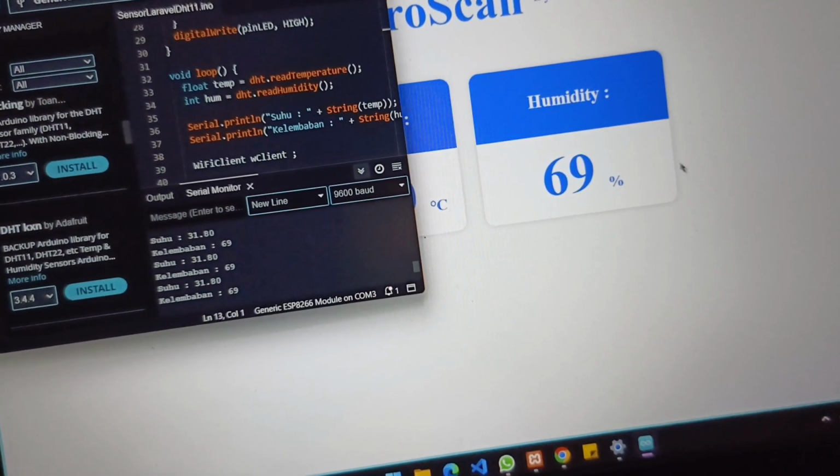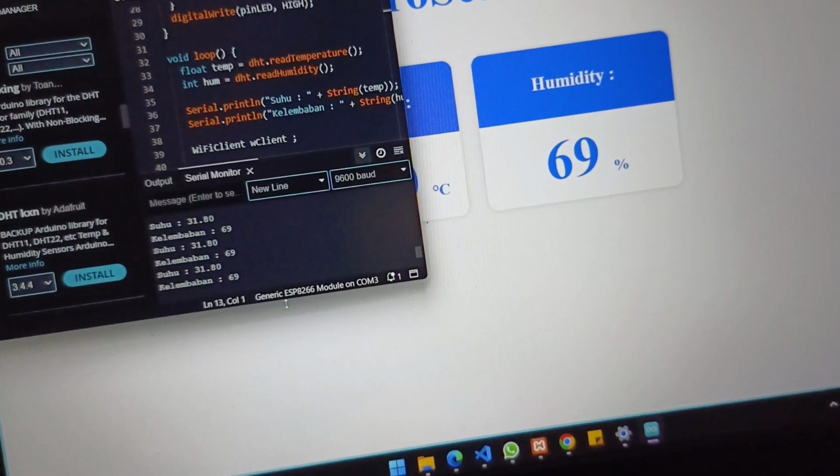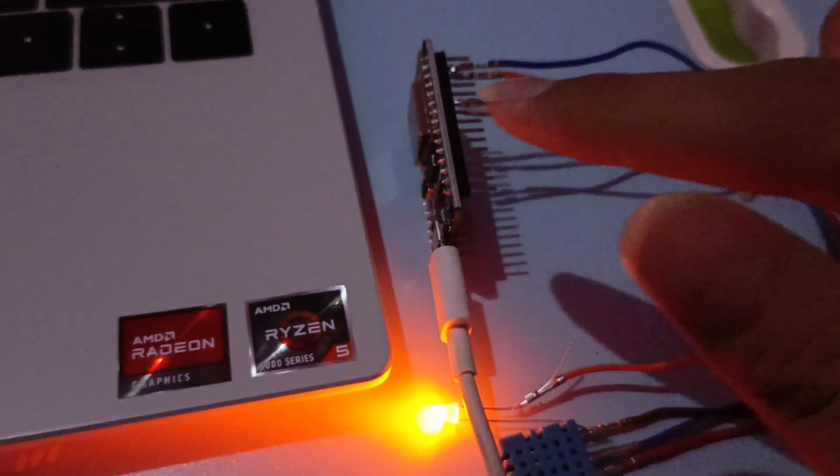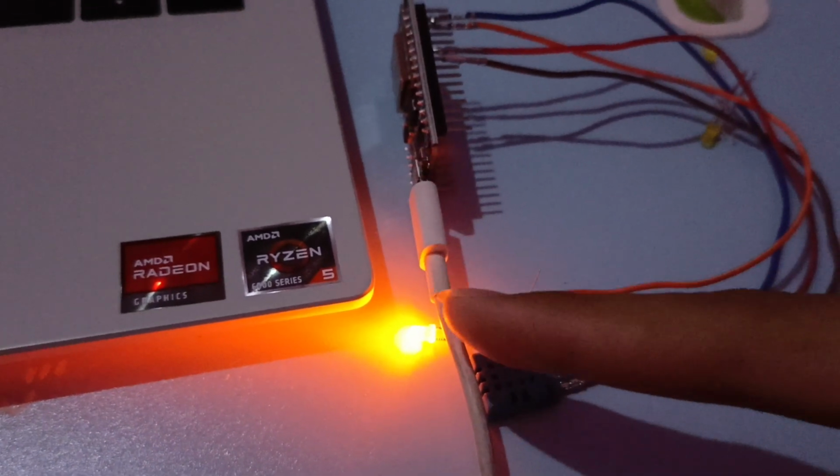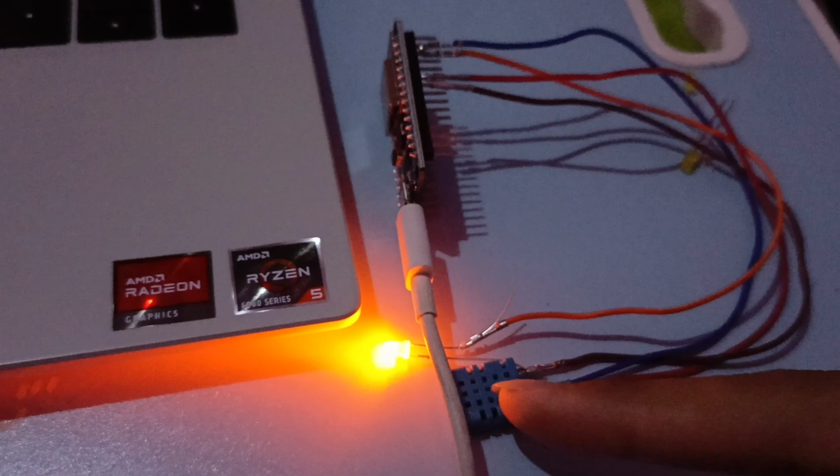You can see this Arduino, this lamp and this sensor for humidity and temperature.